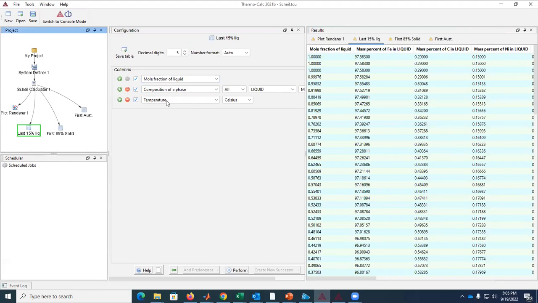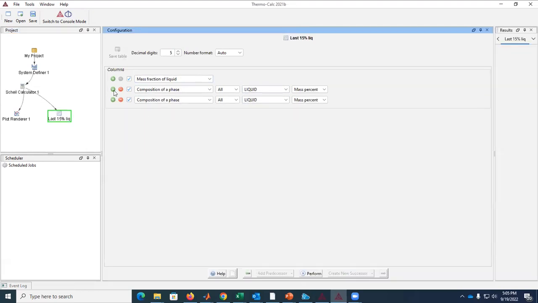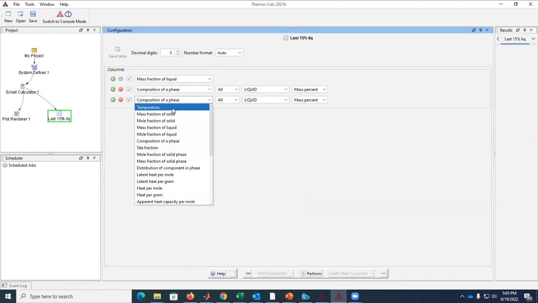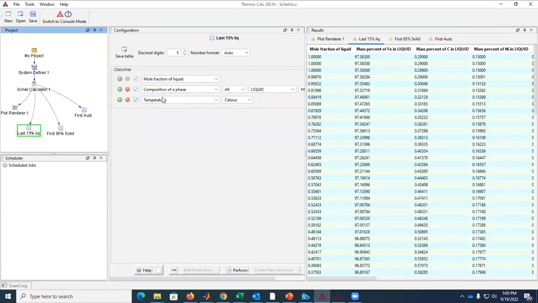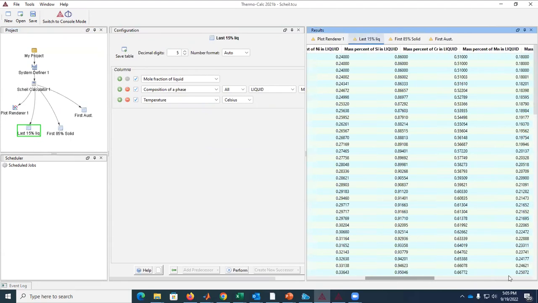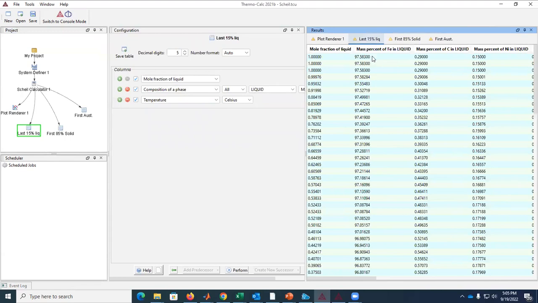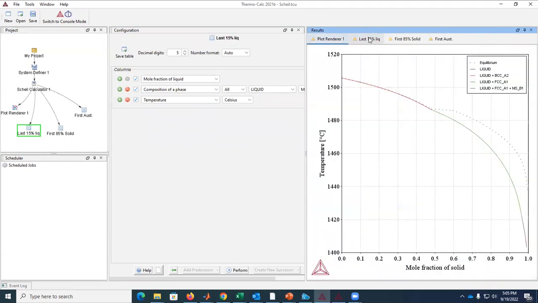And the third part is to also check temperature. So I just click plus, and I put temperature here in Celsius. So that's the plot that I have here: the last 15% liquid. Basically, it's not the last 15% liquid, but that's the reference. So if I click in the plot or in the table, or if I click in